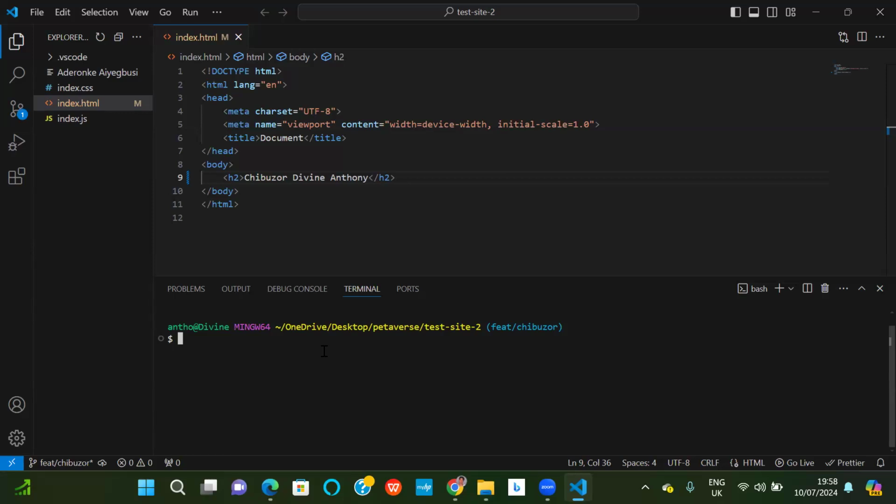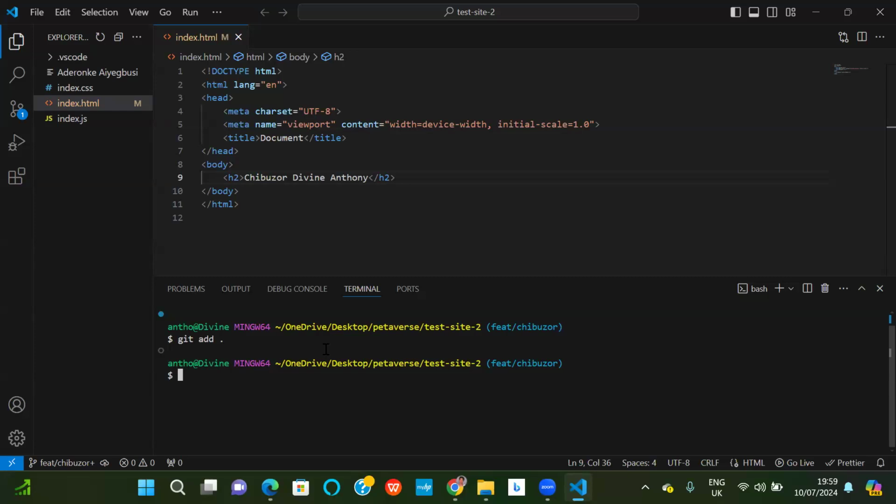So what you want to do now is first you need to add. By typing git space add space full stop, hit enter. What this command is doing is that you are saying that any changes that I make, whether in the index file, index.js, or CSS file, I want to add everything. That is what this command just did.